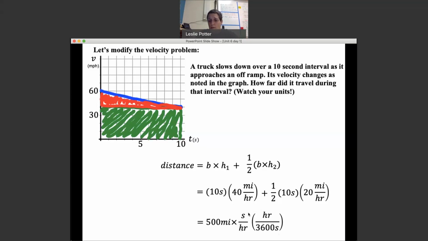My hours cancel, top and bottom. Seconds cancel, top and bottom. I'm left with miles. And my answer is 500 over 3,600. Well, we can reduce that. We can divide by 100 on top and bottom. And we have 5 over 36, 5/36 miles. So that is how far I've traveled in that 10-second interval as I slowed down from 60 miles per hour before the